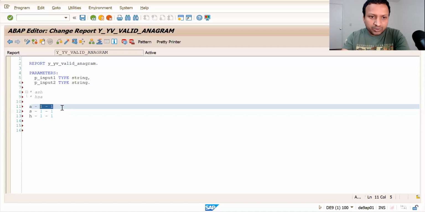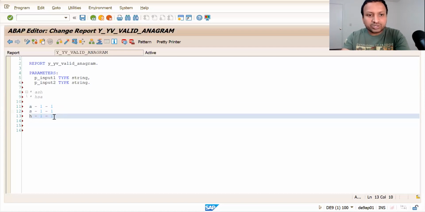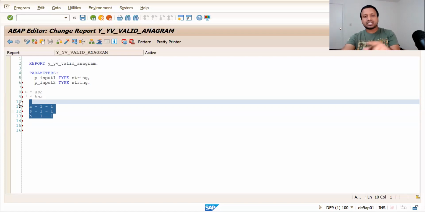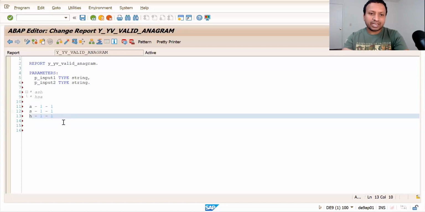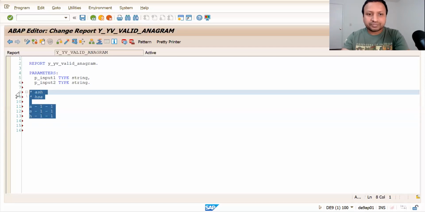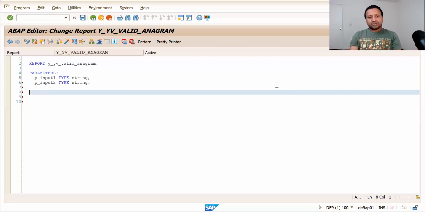As it is 1 minus 1, everything becomes zero here. If there is any character like that, then it is not a valid anagram. If all the characters have values of zero, it means it is a valid anagram. So this is our approach.